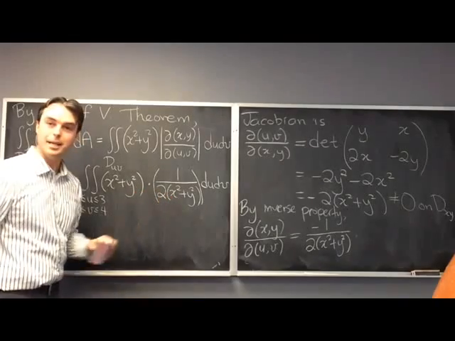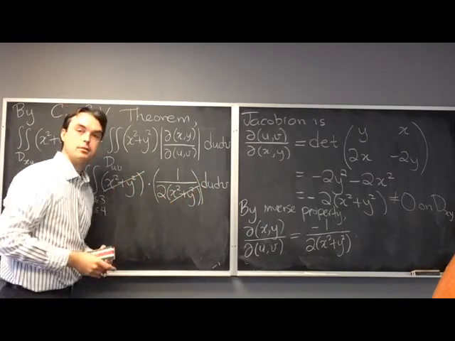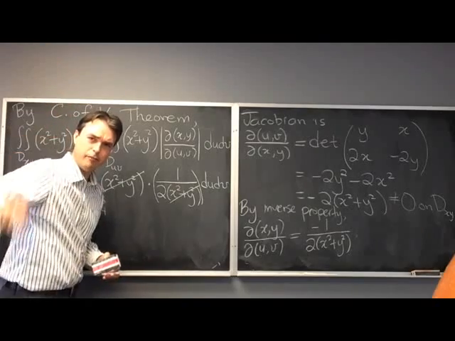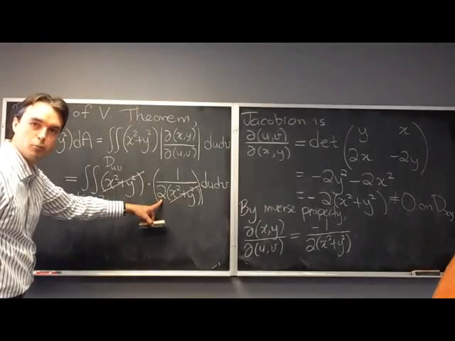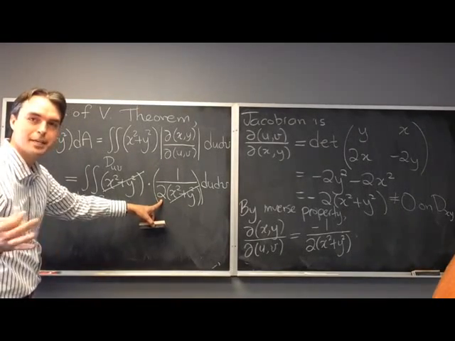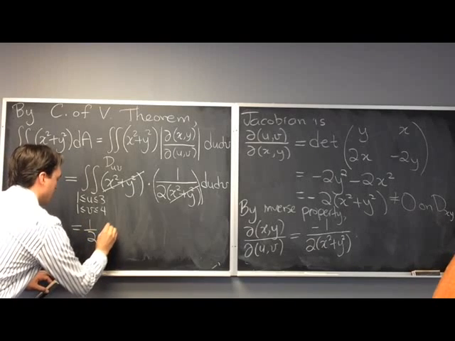The x squared plus y squareds cancel out. There's a bit of a Good Will Hunting moment there. High five. And there we go. They cancel out. And so you just get the constant factor of 1/2 that we can take out. So it becomes a very easy integral. You get 1/2 integral,